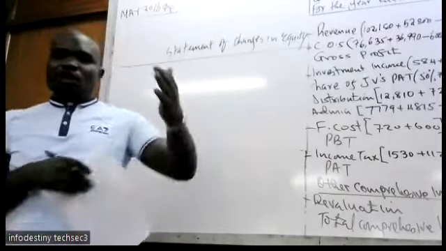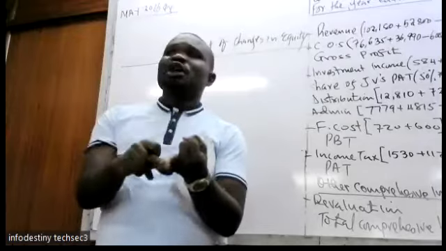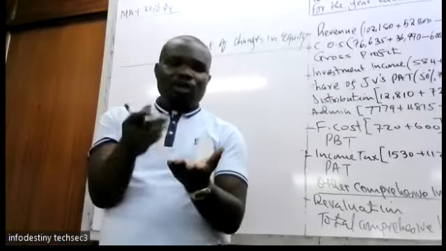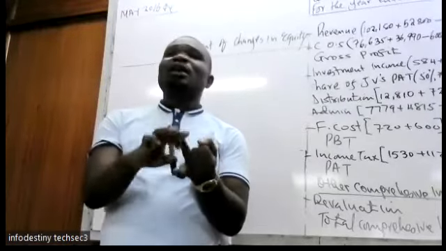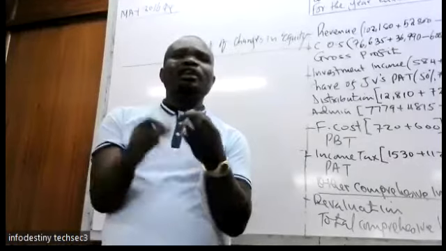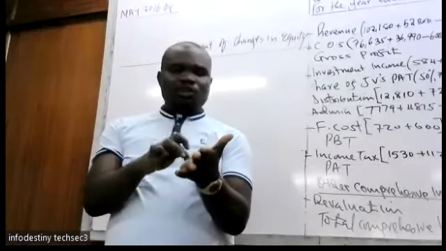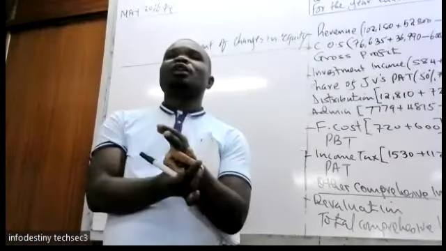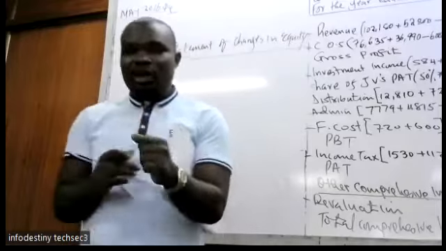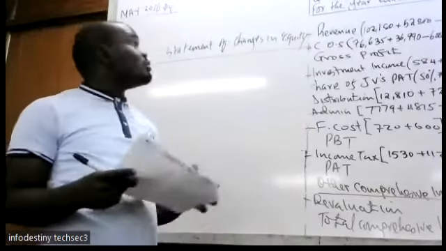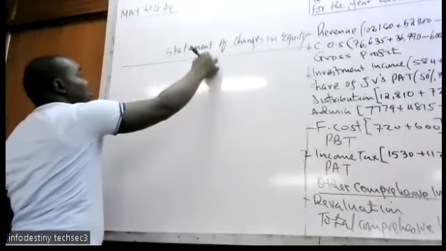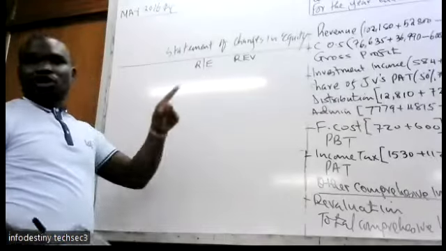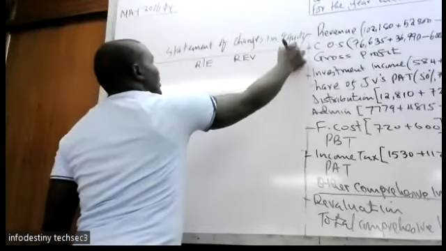So in equity, we have these: ordinary, share premium, retained earnings, and revaluation. But for the group, share premium and ordinary don't change, they're just constant. So the ones you are always required to check are just the two: the retained earnings and revaluation, for the parent only. So right here, retained earnings and revaluation. So for the group, let us use the columns, then you give us the total.